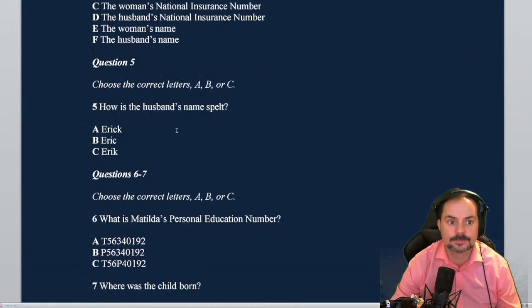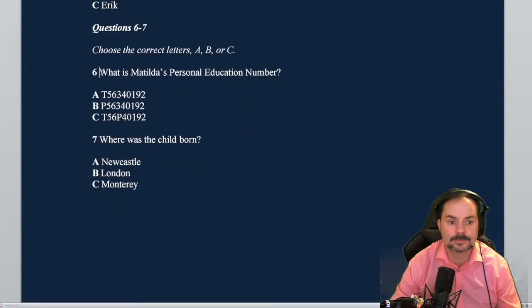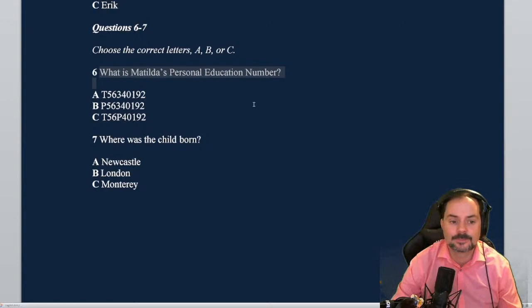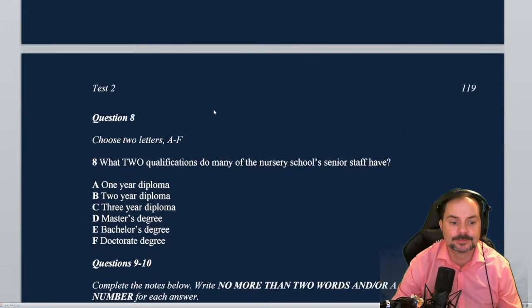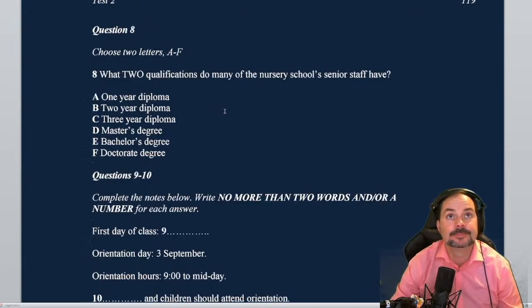Right. Okay, let me see here. Alright, here is a personal education number. I will give it to you now so that you can write it down for future reference. It is T56340192. Just to make sure, the first character is T as in Thomas. Yes, and this letter in front of the number shows what region the child is originally from. The T in this case refers to Tyne and Wear. That would be correct, I'd imagine. Matilda was born in Newcastle, which of course is in Tyne and Wear. Okay, so we have all the information about Matilda that we need. She is now registered for half-day nursery school in September. Do you have any questions?